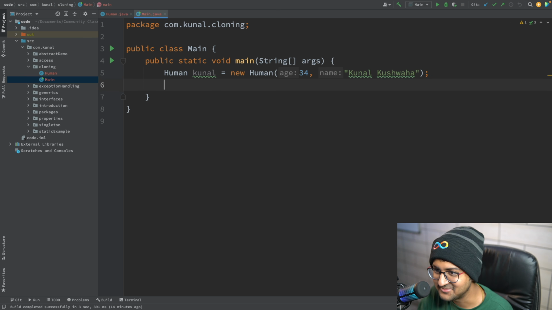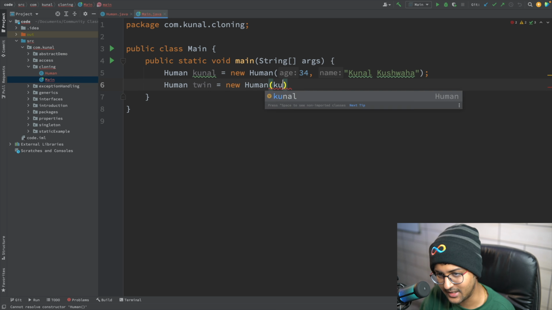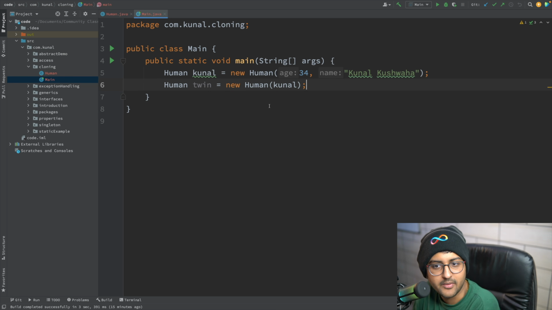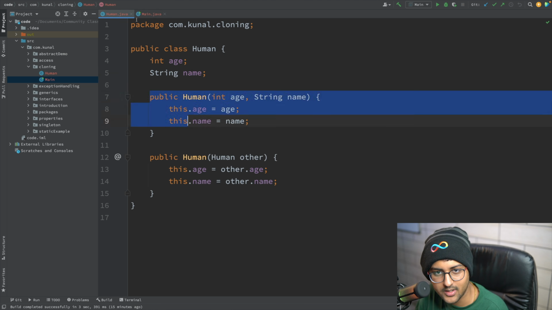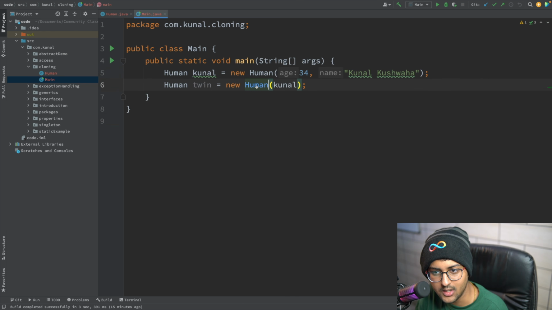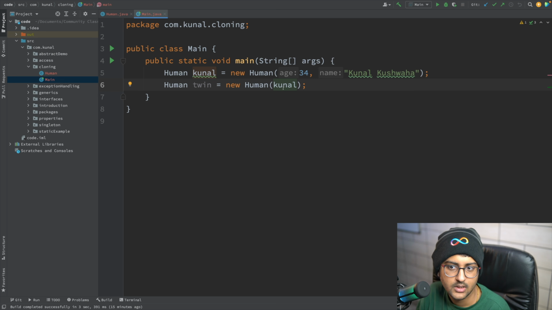Anyway, and then I can say human twin is equal to new human. Here I'm going to pass the human object, something we've already done before. So this one is going to call this one, and this line is going to call a new human for this one. So I'm actually making a copy of Kunal.